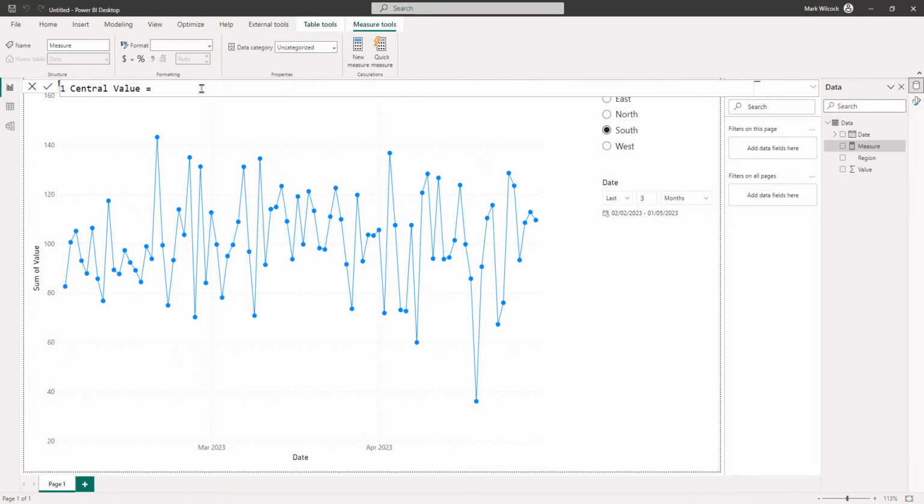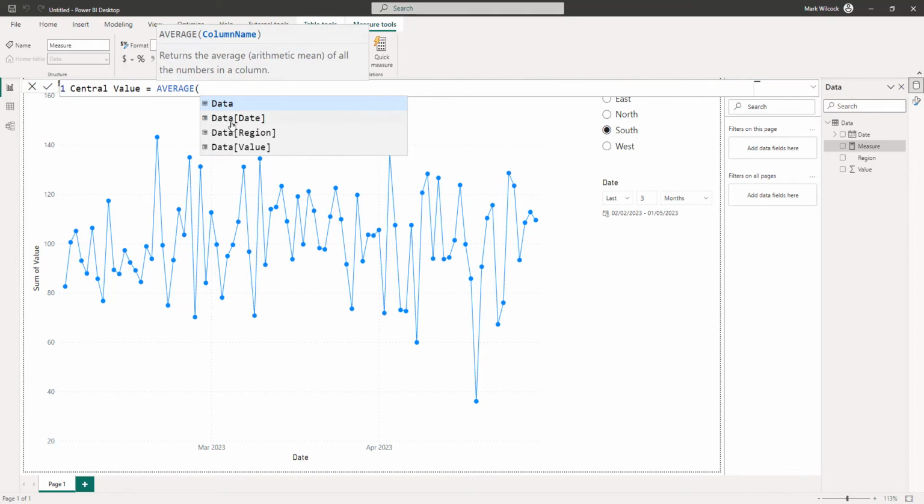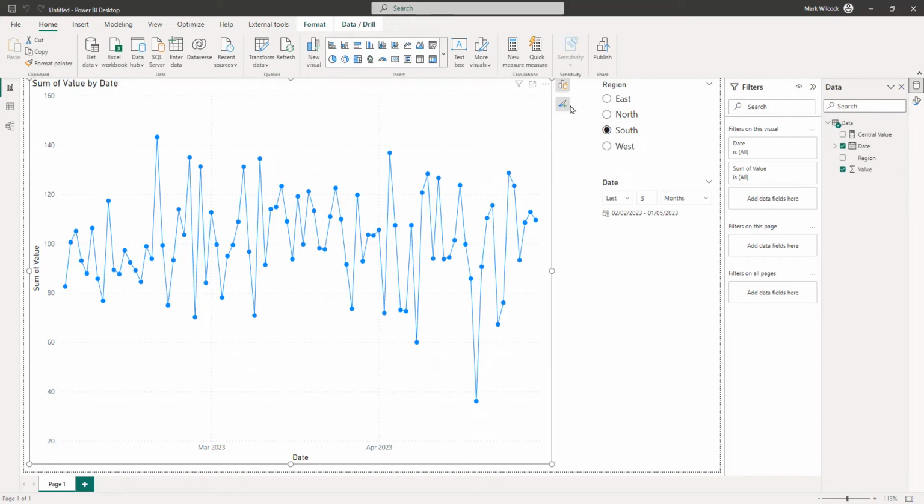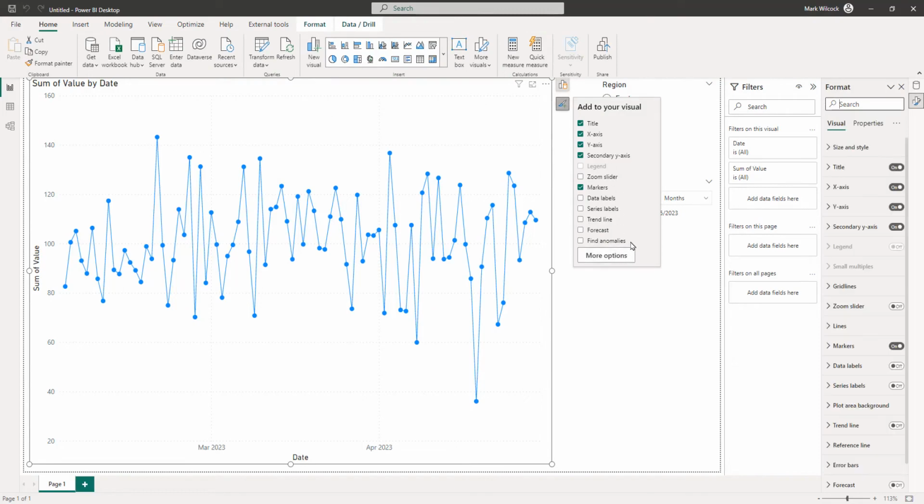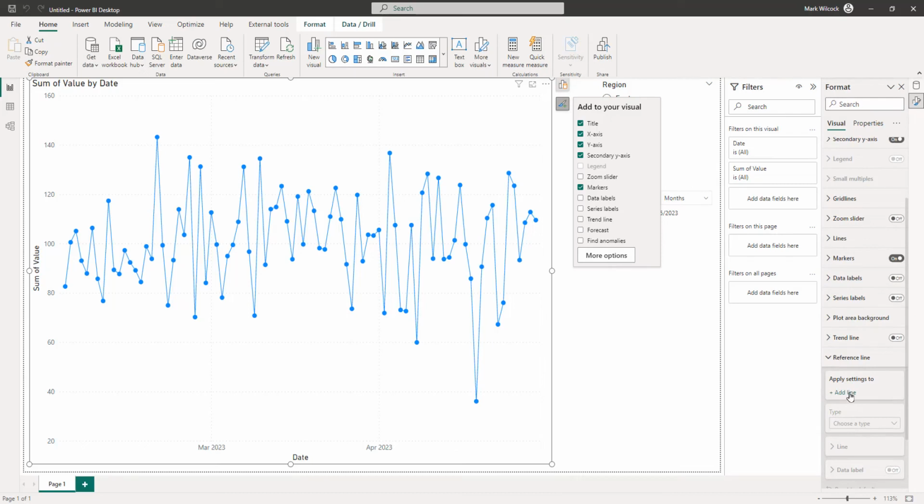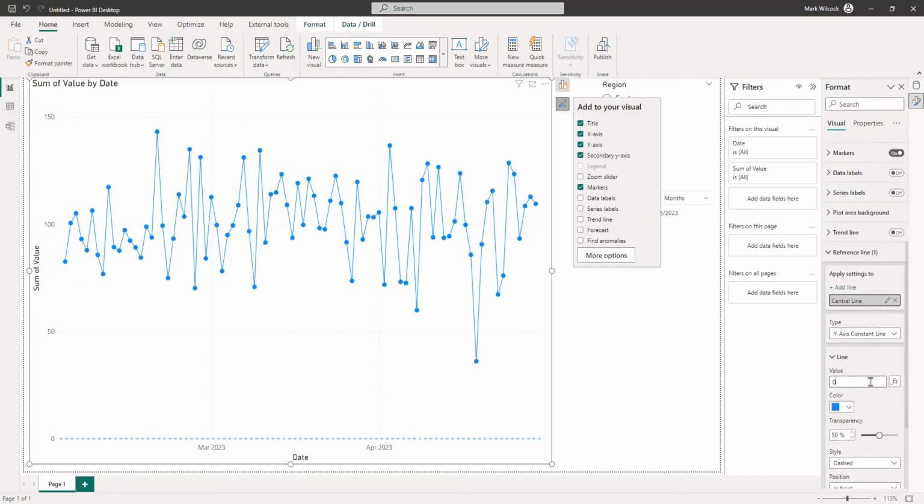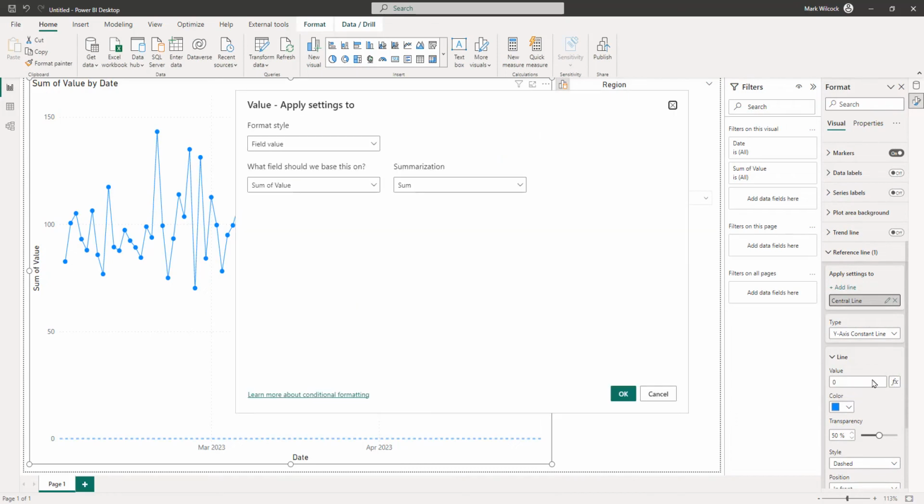I'm going to call it central value, and I'm going to make it equal to the average of the value column. Once I've done that, I'm going to put that on a reference line, the central line. So I'm going to come to the chart, add visual elements, more options. I'm going to go into reference lines. I'm going to add the line, and I'm going to call it central line, and it's going to be a y-axis constant line, and the value is going to be set to my new measure,